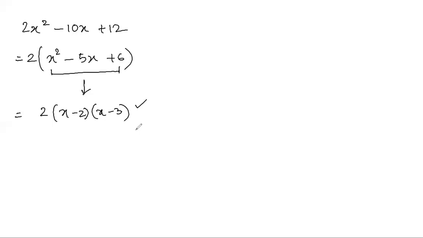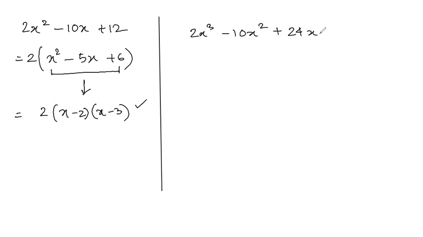So the first step is to take whatever goes common throughout. Typically you don't really get cubic or 4th degree factorizations in the ACT or the SAT. But let's say there are some trivial cases which you might get, like that previous question, but now I am saying that it is 2x cubed minus 10x squared plus 24x, and I need to factorize this.